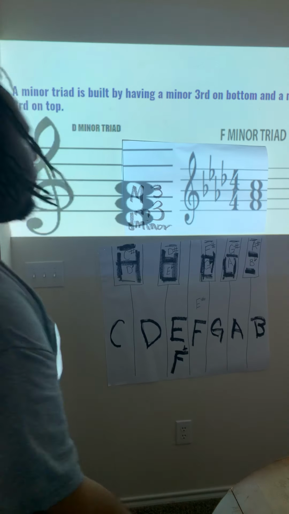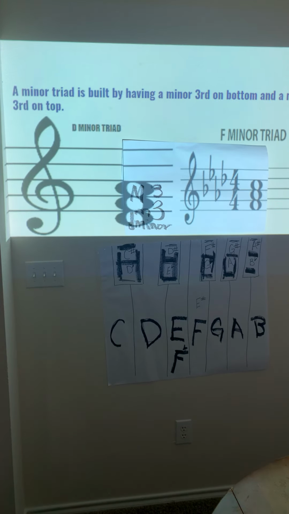All right. Here we go. This next example, we have F, A flat, and C. There's no flats on the C space. And there's no flats on this F space. The only flat I see that affects our chord is this A flat. Okay? So again,